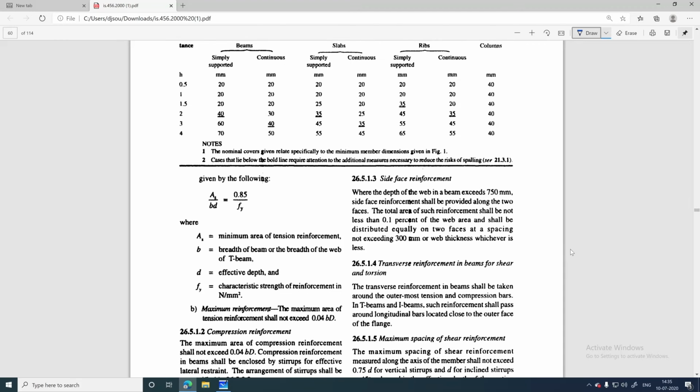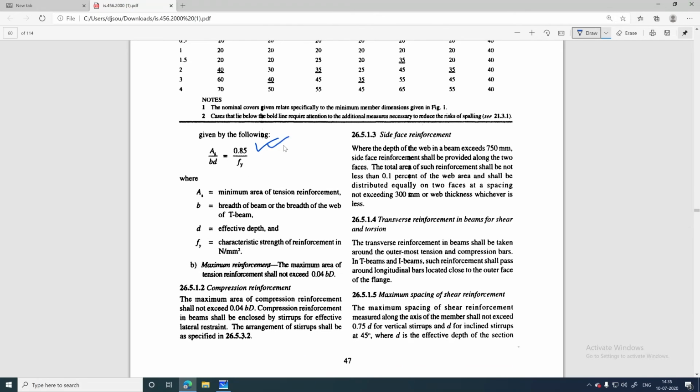Yes, so here you can see this is the minimum reinforcement which is required, that is As by bd equals 0.85 by fy. Okay, so all the values you already know. b is the breadth, d is the effective depth, fy is the yield stress, and 0.85 is the value, and you just need to determine the As value. This is the minimum reinforcement. Okay, now